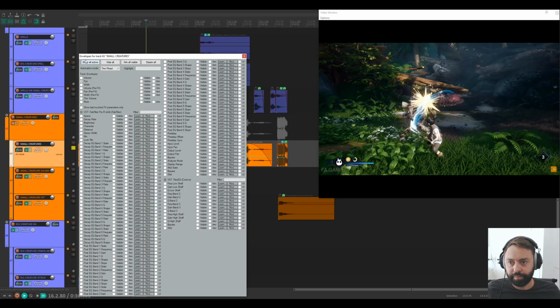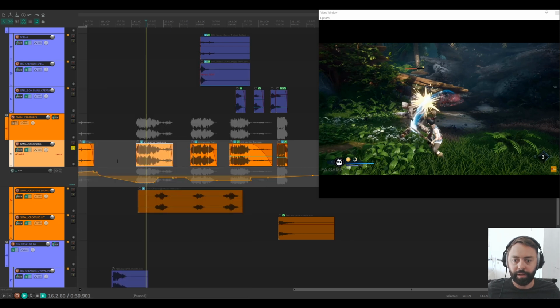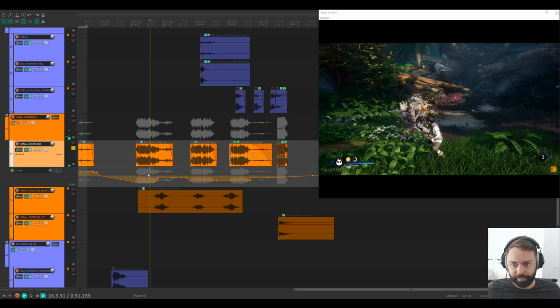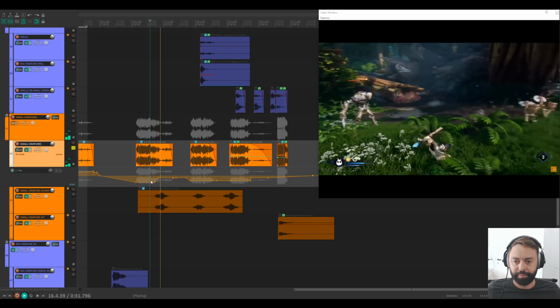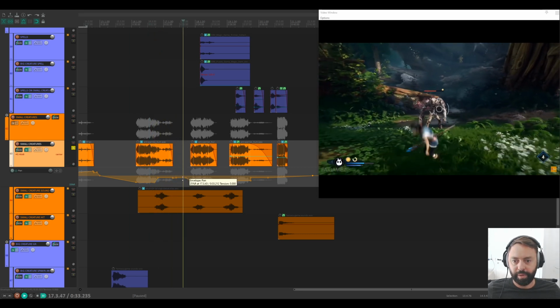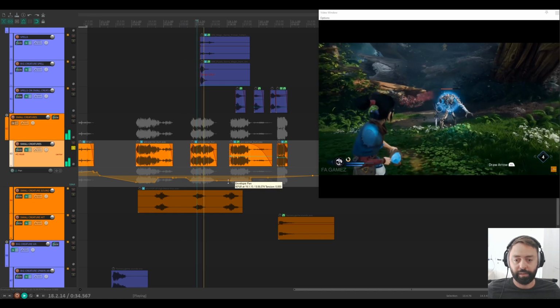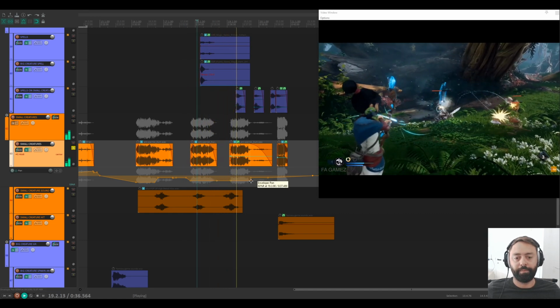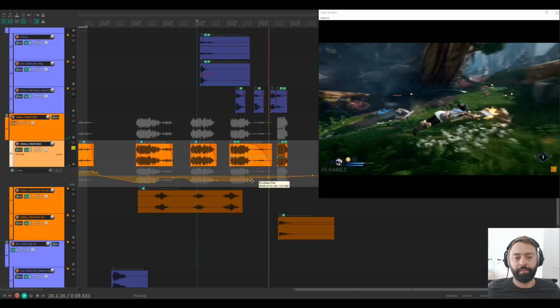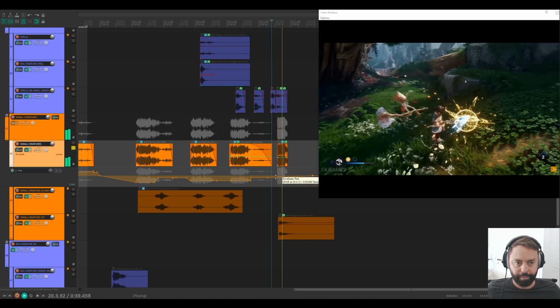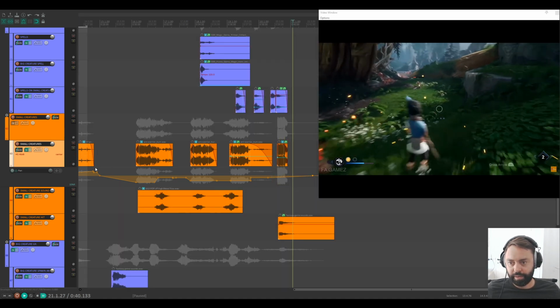Let's see. Right here, I did some panning envelopes here. So now it's on our right. Still a bit right. Right, again. And now the player is moving, okay? So the sound should also move. It's very important. Yeah, that's basically it. So just keep that in mind